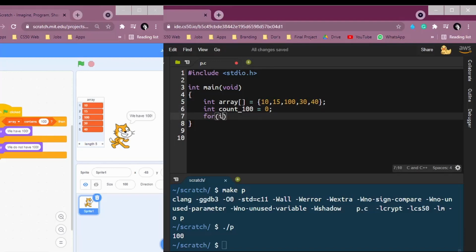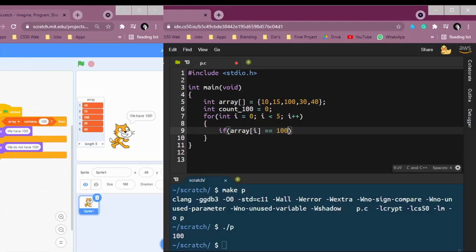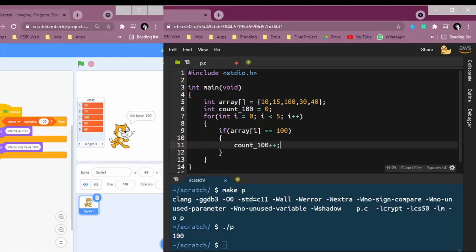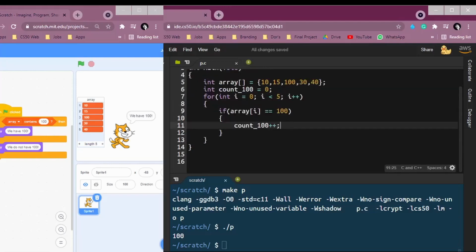Then I'm going to do a loop, so int i equals 0, i less than 5, why 5? Because of the length of this array, i plus plus. And in this for loop, I'm going to check if the element on position i in the array is equal to 100. If it is equal, we're going to increment the count100 variable, okay? And we're going to do this for every element of the array. And then we're going to check. So if the count100 variable